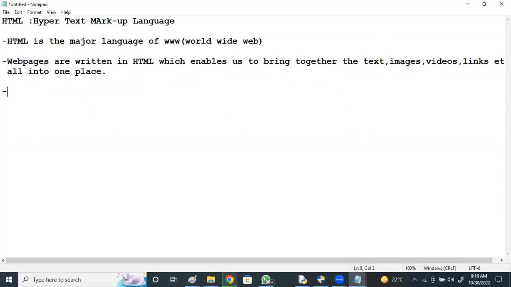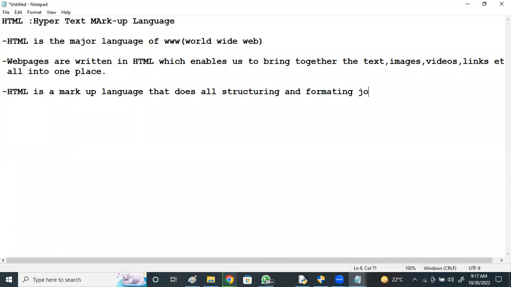So here HTML is a markup language that does all the structuring and formatting job.